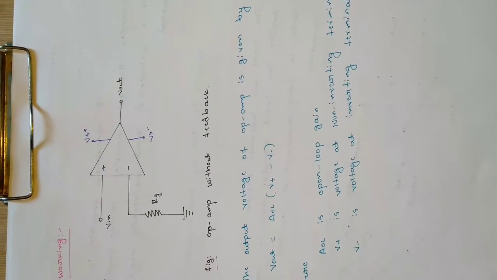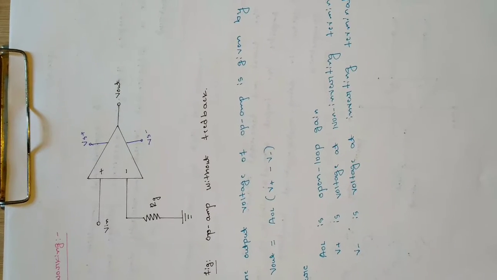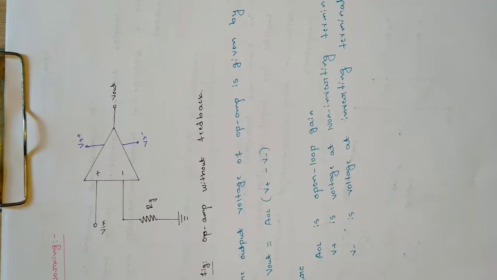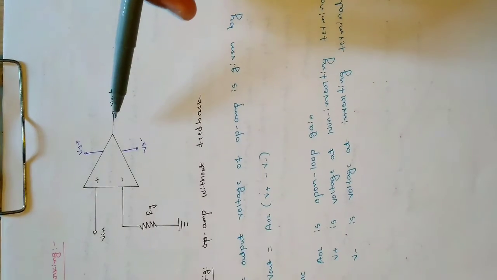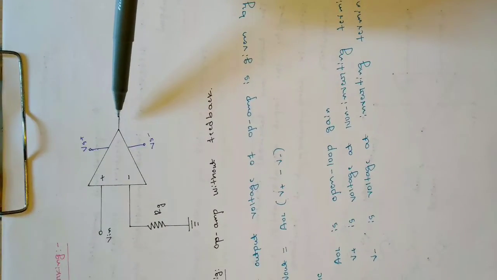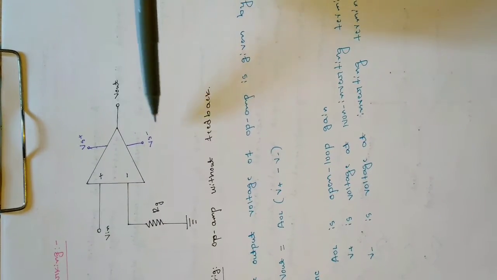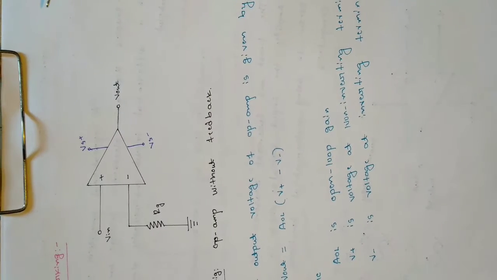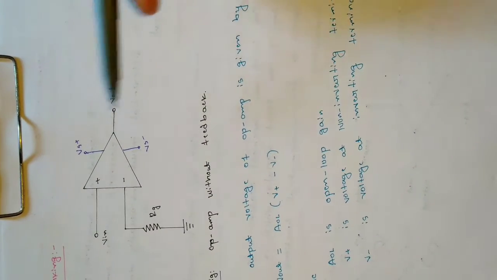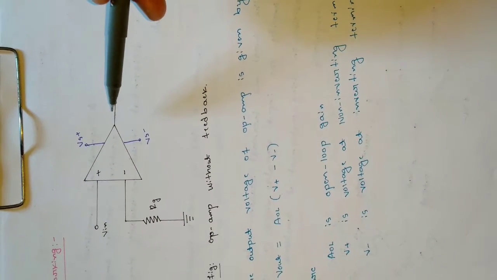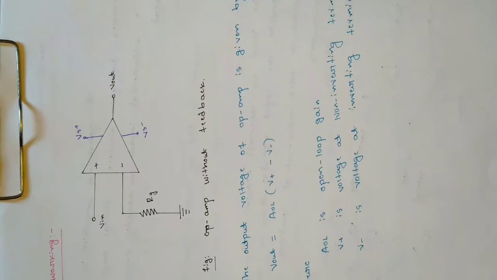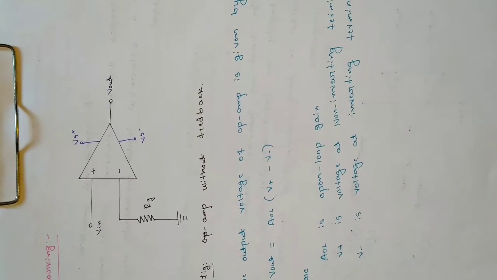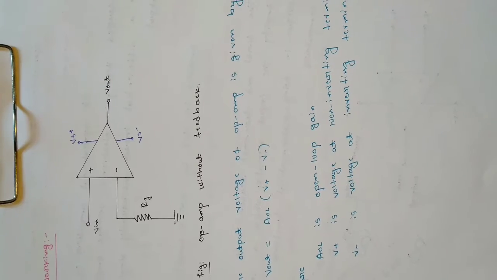Now coming to the working of the operational amplifier. So here is an example of an open loop op amp. It has nothing as the feedback. When we give some part of the output as input again, then it will become closed loop. As you can observe in this figure, there is no feedback from the output. That's why it is called open loop configuration. First we will see open loop configuration, then we will go for closed loop.